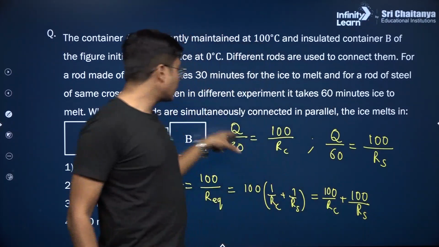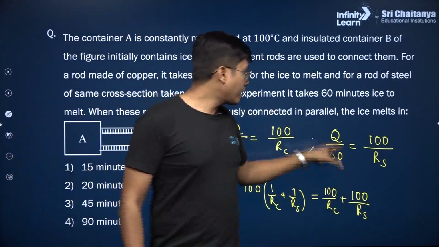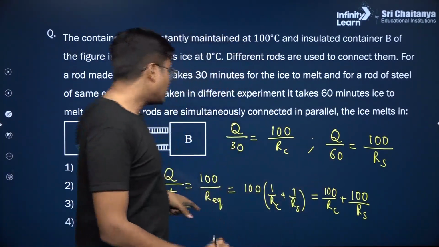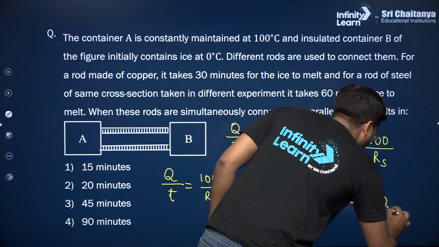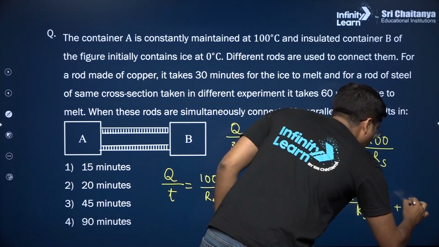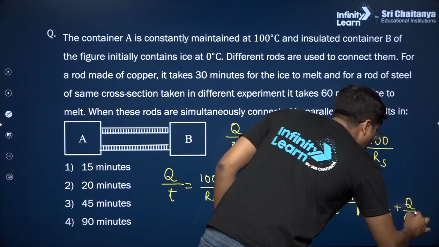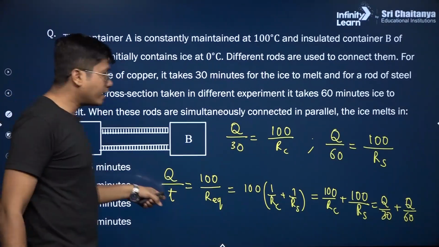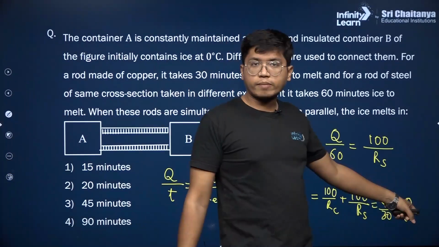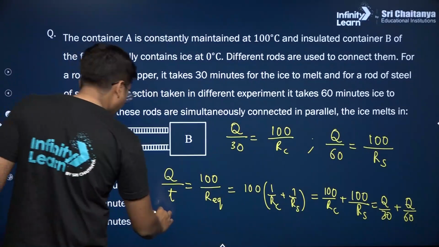Now see, 100 by Rc is Q by 30 and 100 by Rs is Q by 60, which means we can even write this here itself, Q by 30 plus Q by 60. Now the Q's you can cancel out and you would eventually have 1 by T is equal to 1 by 30 plus 1 by 60, which means T is equal to